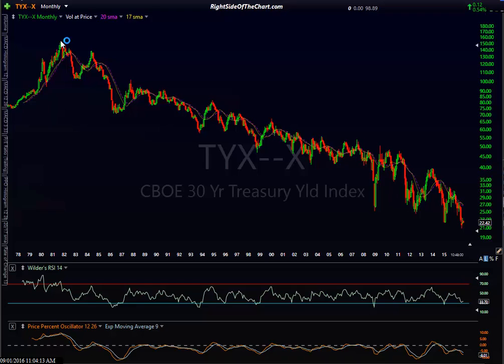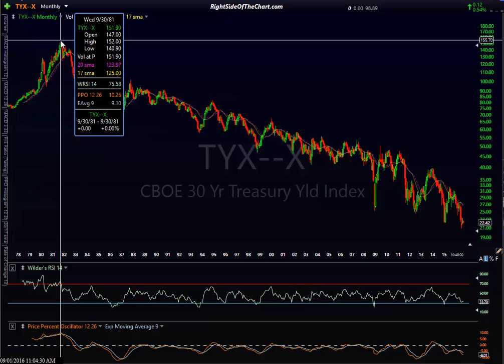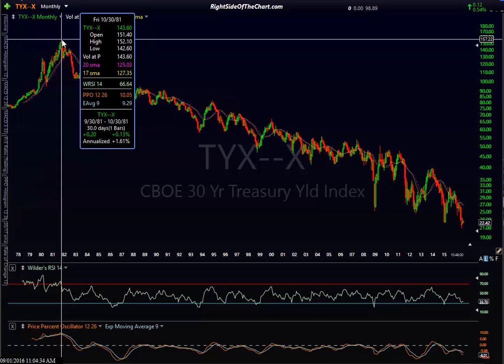Most of you are familiar, and if you're not, one well-known correlation is that stocks do well in a falling interest rate environment. Stocks do poorly in a rising interest rate environment. Those of you old enough to remember, or if you're not old enough, you probably learned this in school. Interest rates peaked right about 1980, 81. This is where interest rates peaked.